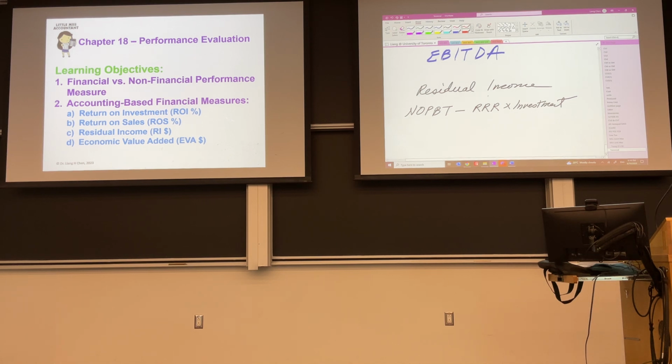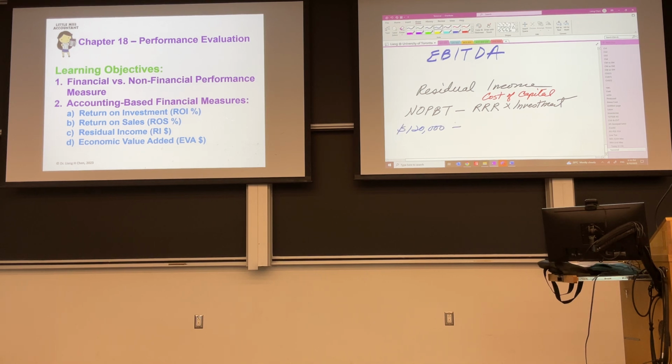You use other people's money, and there's a cost of using other people's money. This is called cost of capital. You borrow money from somebody, you have to pay interest. Shareholders also have a demand in terms of how much they want to get. So using other people's money costs you money. Suppose the company has net operating profit before tax of $120,000. I'm just making up the number.